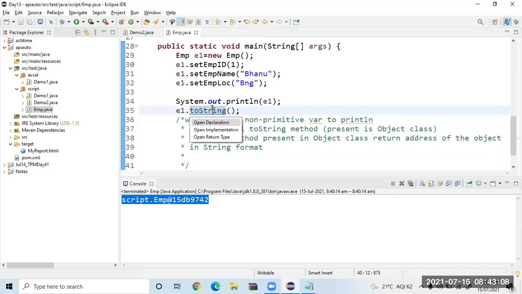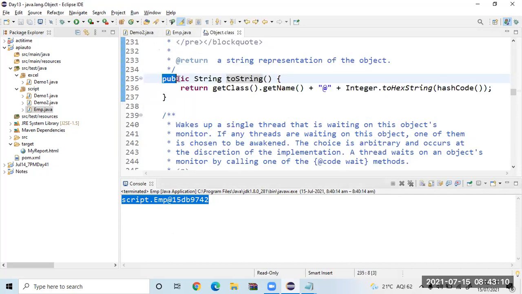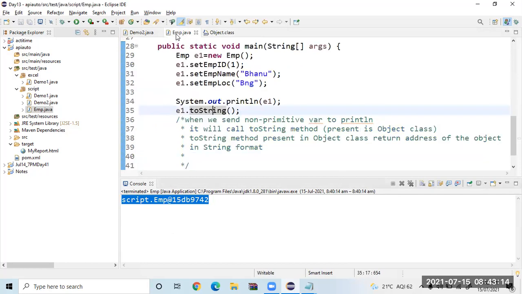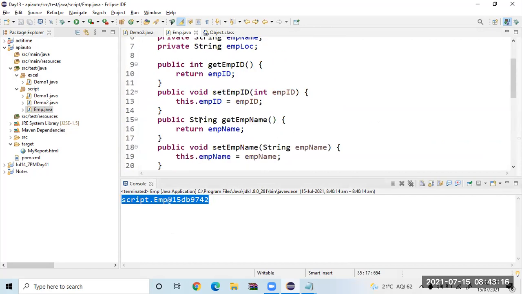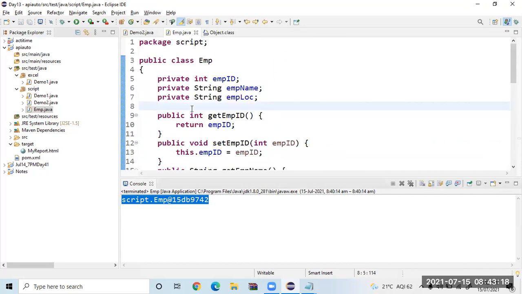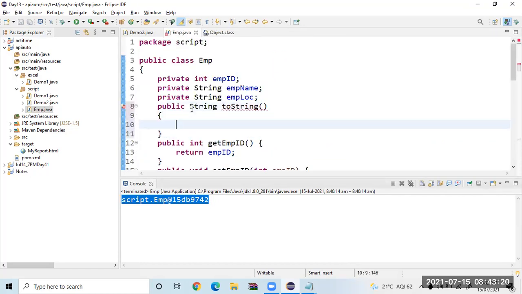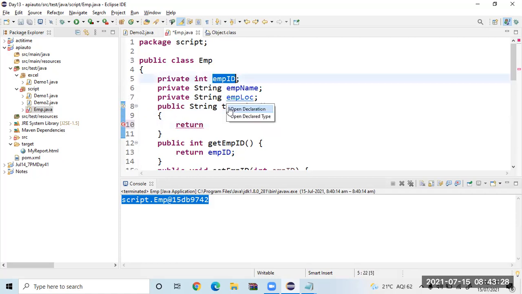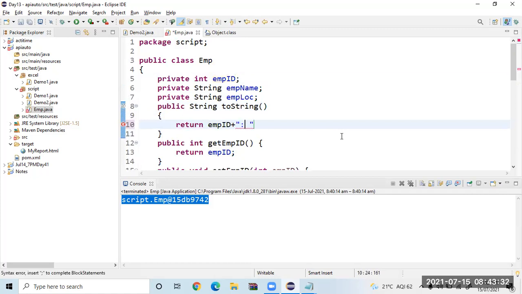So if you want to change it, you can override it. How to override it? Look at this. What is the method name? Public String toString. I'll just copy this and put this method somewhere at the top. In this example, let us return the employee ID and employee name. Return EMP ID plus a colon plus EMP name.